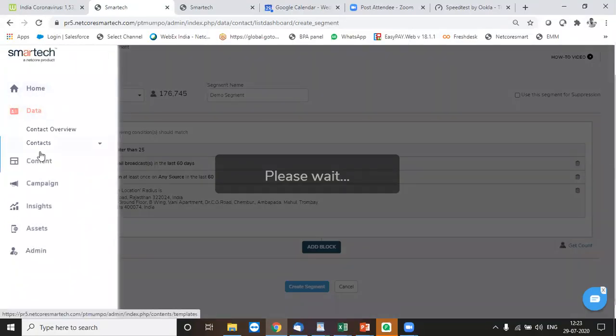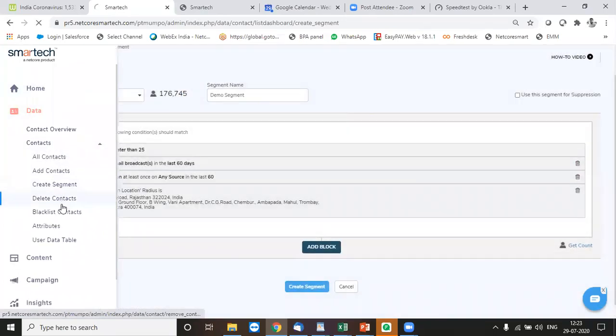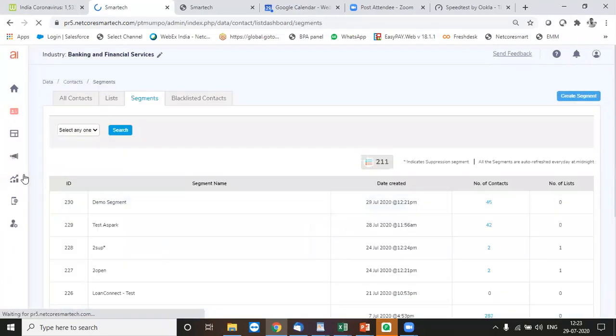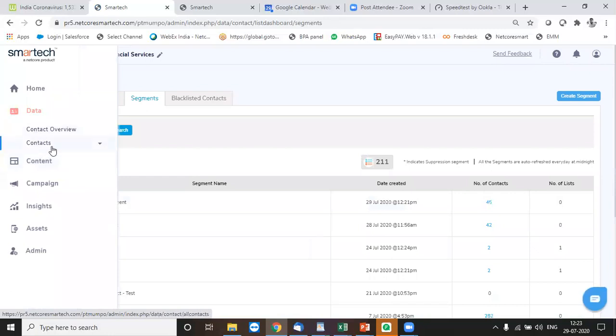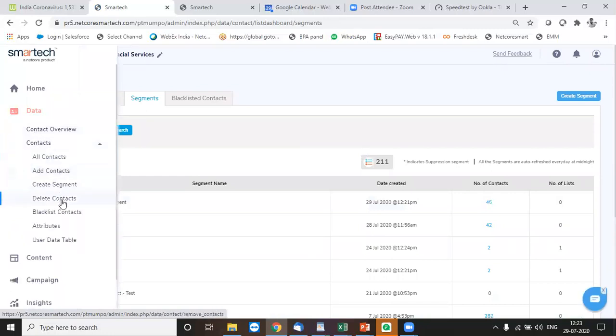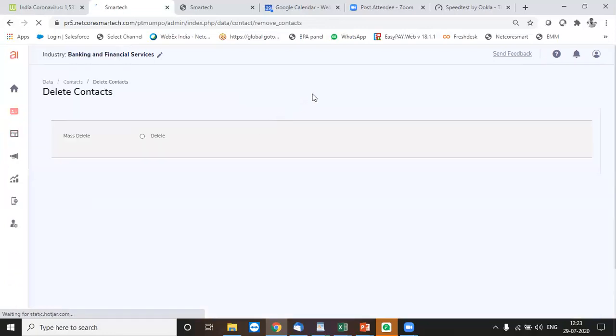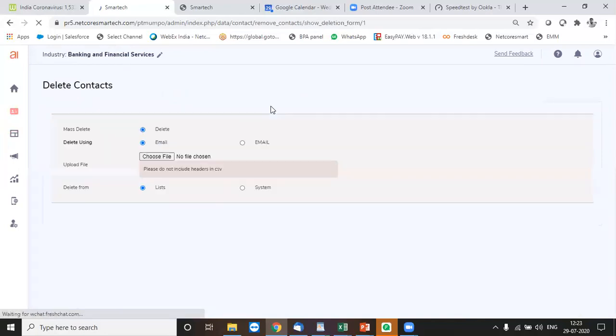Now, coming to the other section of my contacts, which is how to manage your database by deleting or blacklisting the contacts. It's a simple process for deleting the contacts. Of course, the contacts first of all need to be present in your database already. So you can go to delete contacts over here, click on delete.